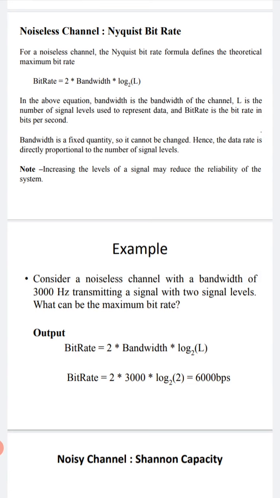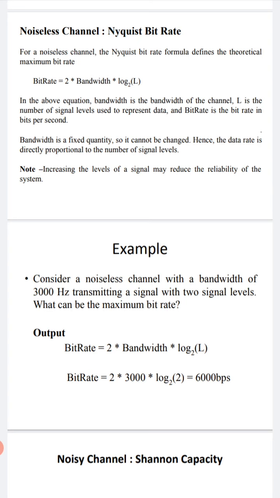This is the Nyquist bit rate. For the noiseless channel, the bit rate formula is 2 into bandwidth into log L to the base 2. Using this formula, we can calculate the bit rate in the Nyquist noiseless channel. So the bit rate formula is bit rate equal to 2 into bandwidth into log L, capital L, to the base 2,